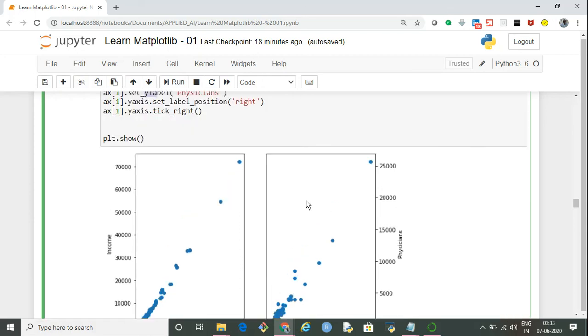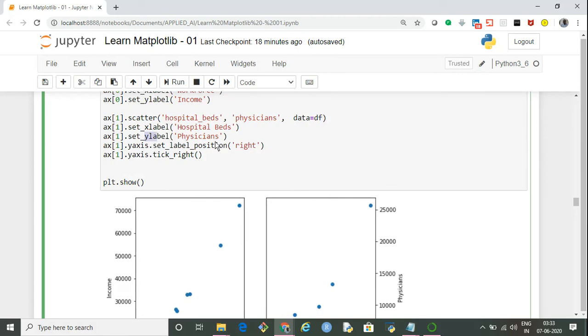We have to specify the axis, that is ax1, which represents the axis for this particular plot. Then we have to say axis dot y-axis dot set underscore label underscore position. So we are setting the label position on the right side. So axis dot y-axis dot set label position as right.